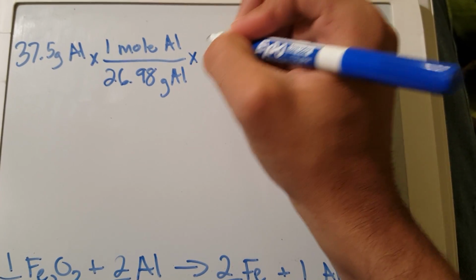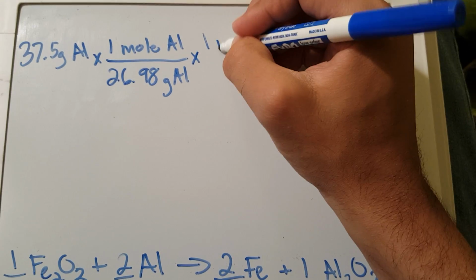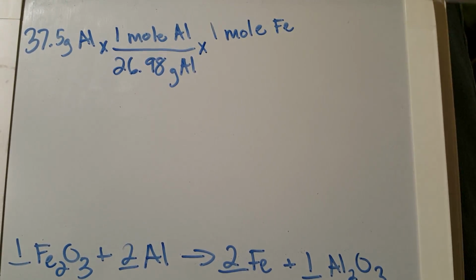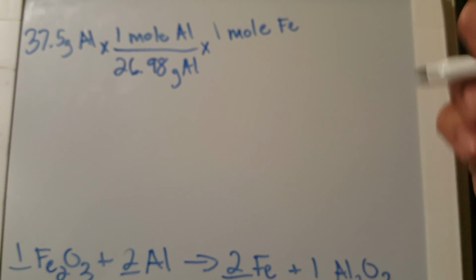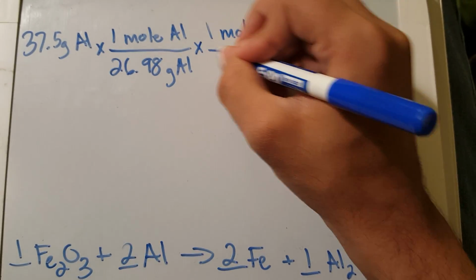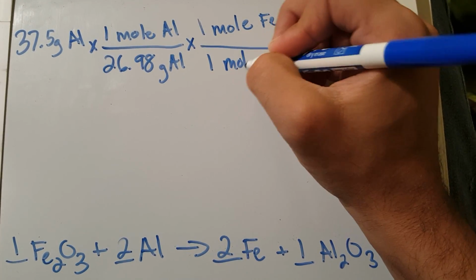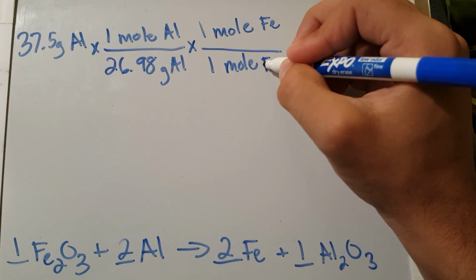And then we're going to times that all by the 1 mole of iron, since it's only going to have 1. And it's going to be all that over 1 mole of